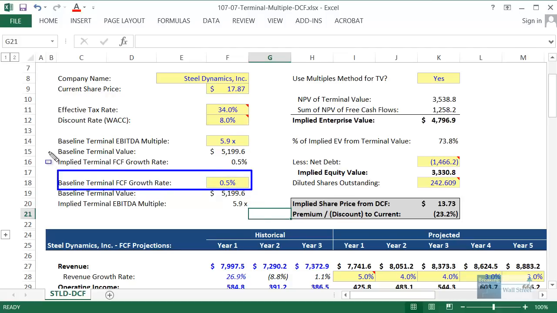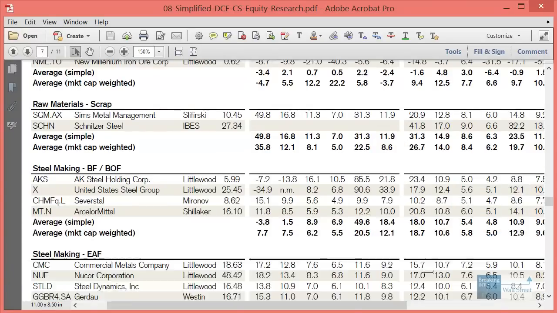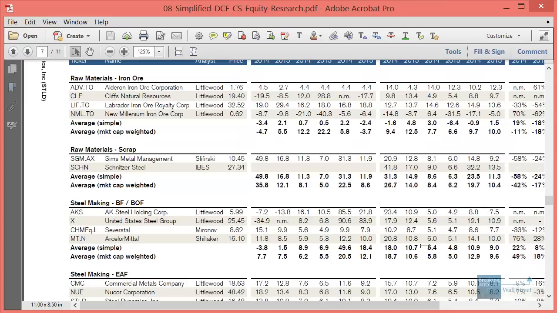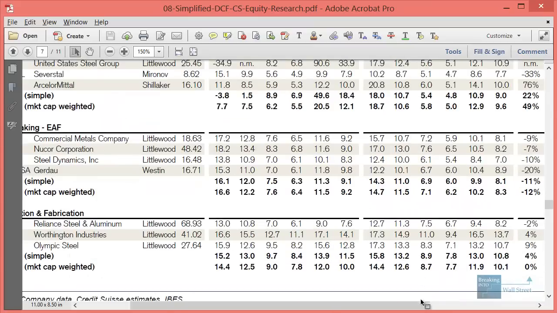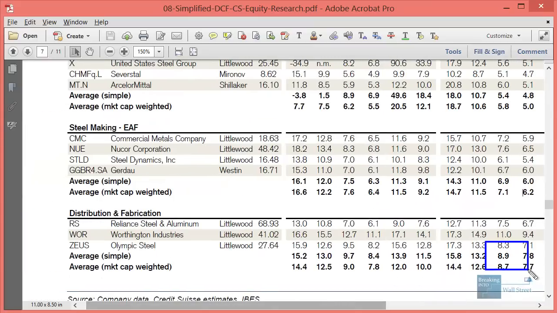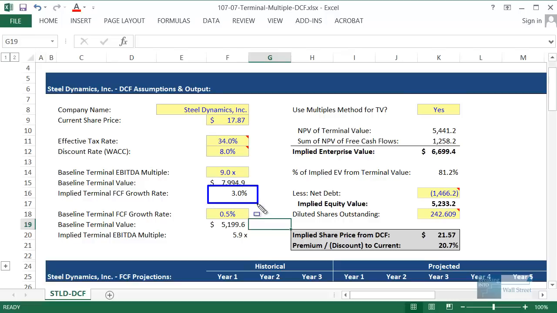So it seems like both of our methods here line up, and they do exactly line up because I've picked the exact same numbers. But consider what would happen, for example, if we went back to our set of comparables and we said, okay, you know what? It seems like with some of these comparables, we have multiples that are much higher. We have multiples that are around 9x EBITDA. What would happen if we use 9x EBITDA right here? Well, then the implied terminal free cash flow growth rate would be 3%, which is probably too high for a